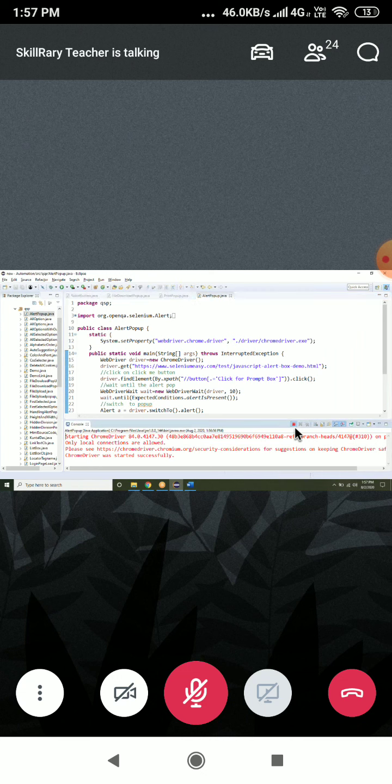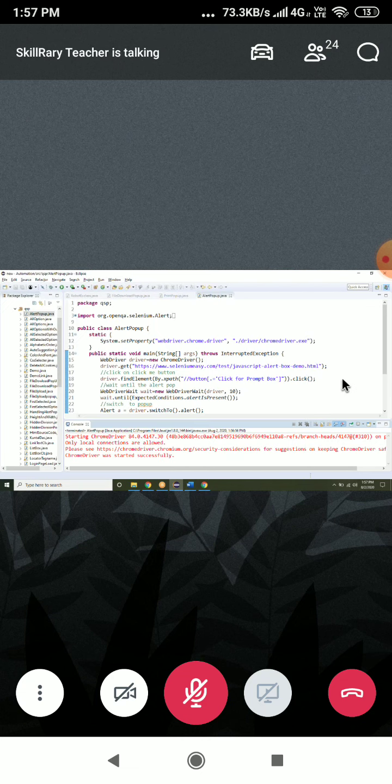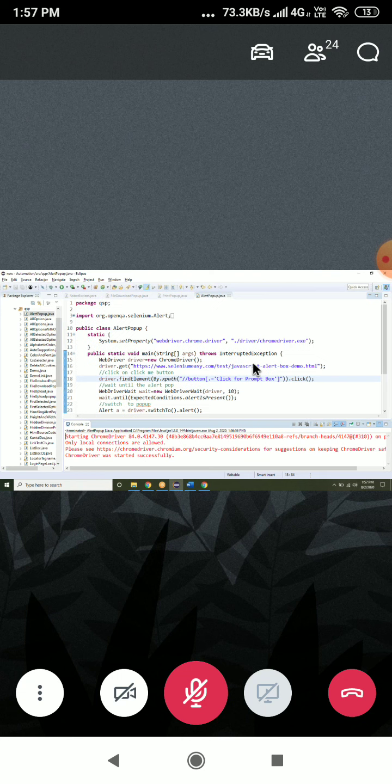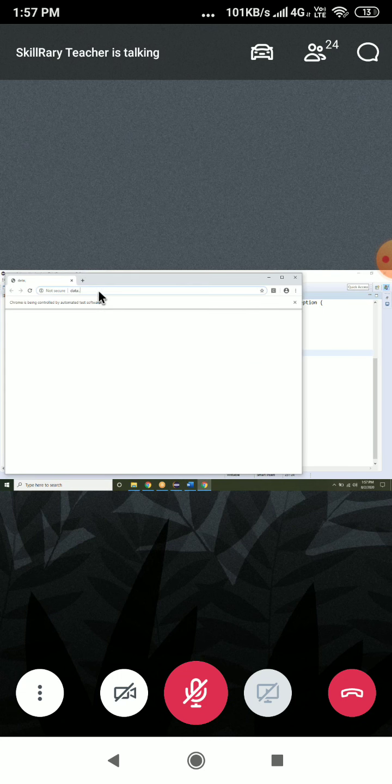I just want any browser which is opened by automation. I will close this, not required. See, I will paste the URL, or I will just type clear